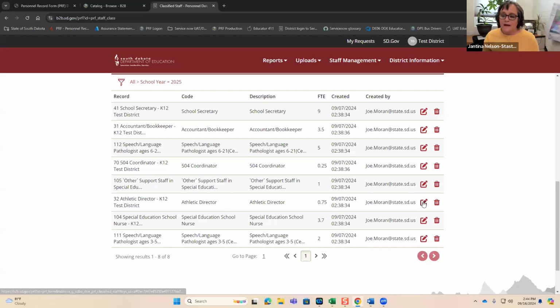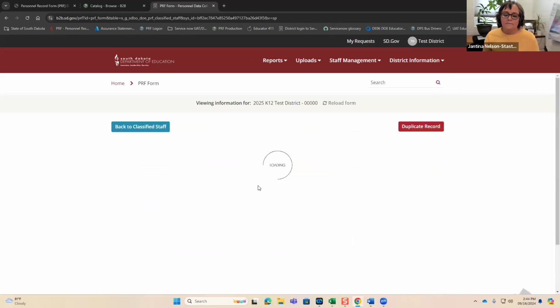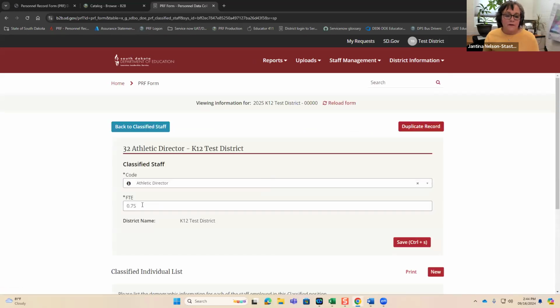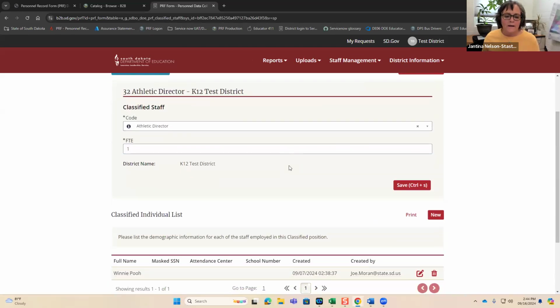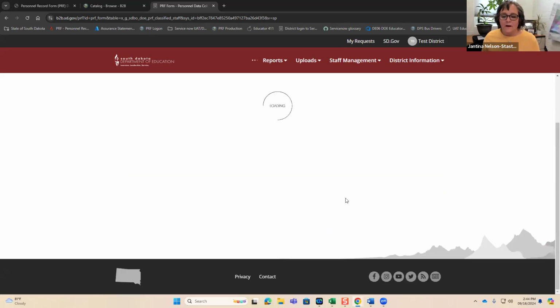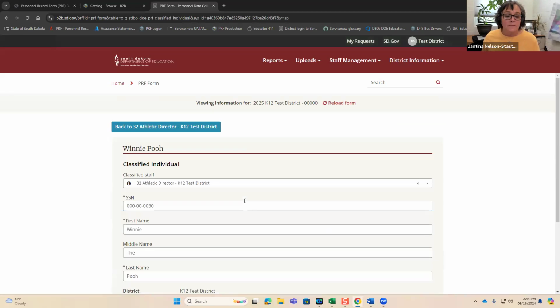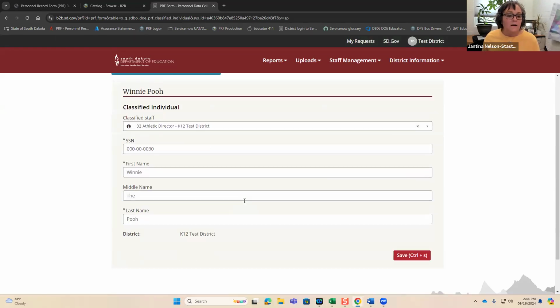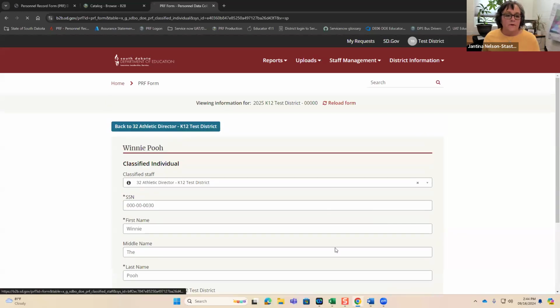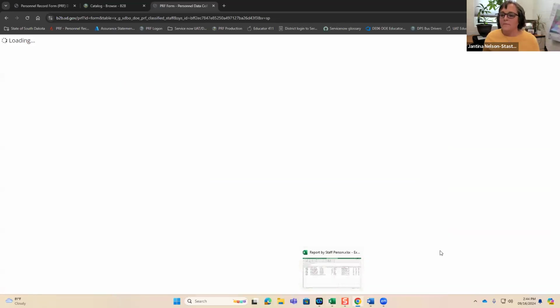If we look at the athletic director here, last year it was reported that this district had a 0.75 FTE. If that position went to full time, I can switch that to 1. And then as far as the individual that holds this, it's Winnie the Pooh who is listed as holding that position.